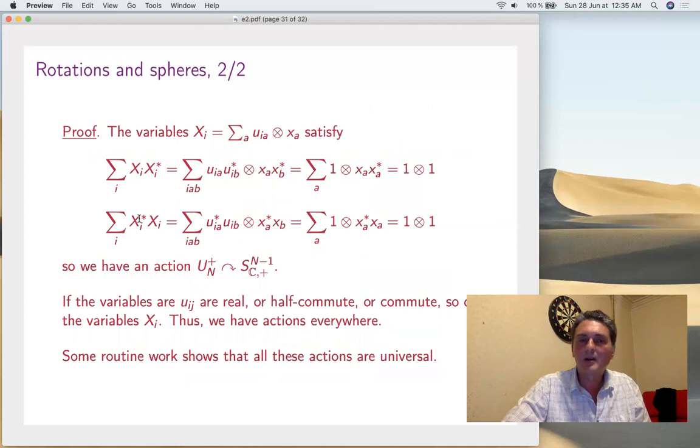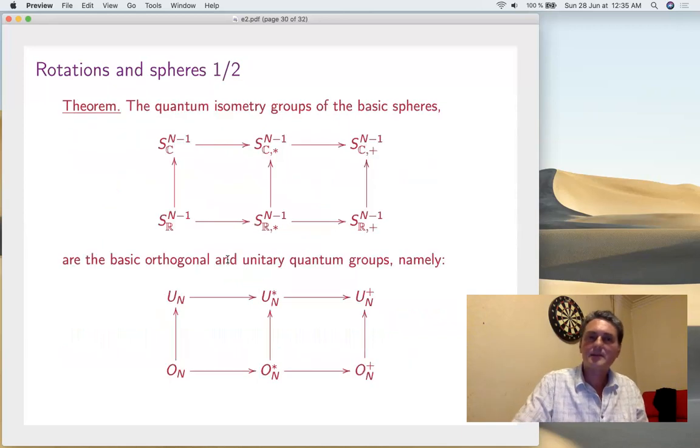And now we verify the relations for the sphere. Sum of this is 1, sum of this is 1. I'm using here the fact that you use a biunitary type. So we get an action. Now, if you have actions, so this acts on this, now you have to prove that O_N^+ acts on this sphere